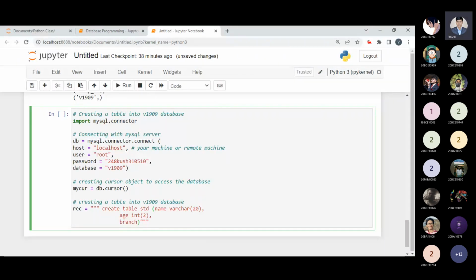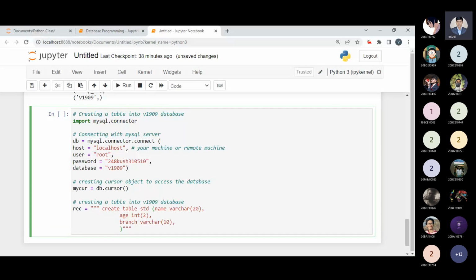This should be varchar. Same, 10 size is sufficient. Okay, and other than the branch I can take the address and age, or roll number I can take. So enrollment number you can take. Okay, so contact number, I'm taking the contact number. Contact, that should be integer. Okay, and for integer I can take, again, it should be 10 digits. Or randomly I'm just taking